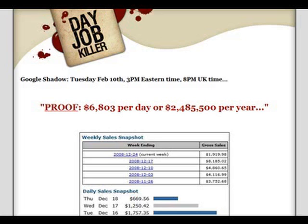in February of 2007 we released our second guide, Day Job Killer, and for the pre-launch for that one we gave away proof that we were making $1.1 million. So our income had jumped up from $500,000 to $1.1 million. Then in October of 2007, we came out with Google Assassin, and again our income had leapfrogged to $1.6 million. And then finally last year, we released Google Nemesis in July, and our income had jumped up then to $2.3